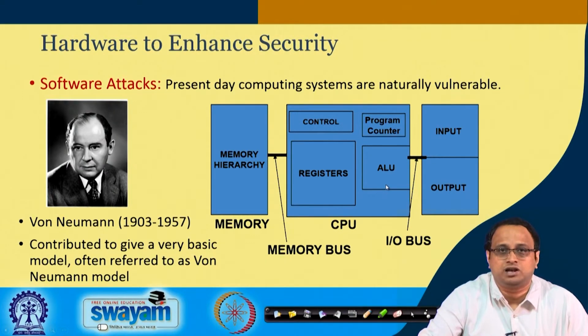For example, it has the arithmetic logic unit, and it has the program counter, where the current address of your instruction resides, and you have registers, which are a fast form of memory. The memory in general has a hierarchy, which means that the memory is typically slower compared to the CPU, and that brings forth what is called a memory wall. In order to bridge that memory wall, we have a memory hierarchy. For example, we have a cache memory to sit in between the main memory and your CPU processing